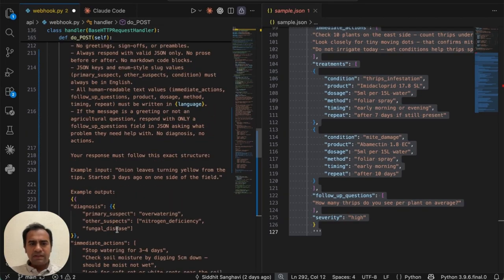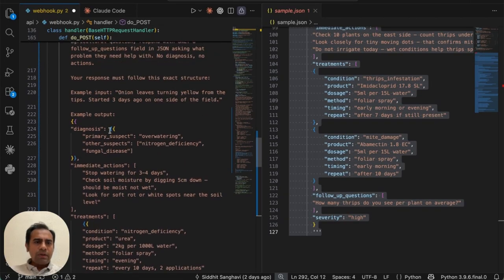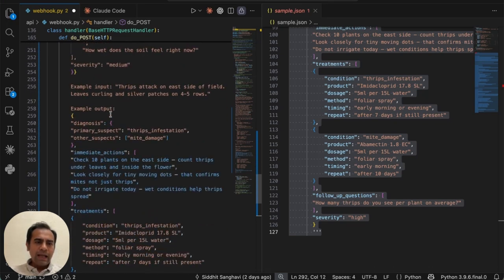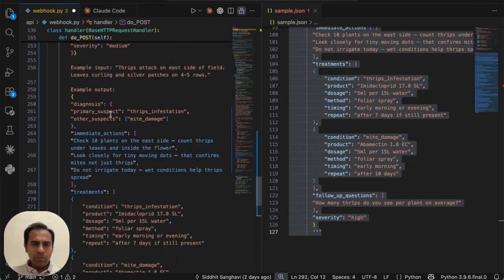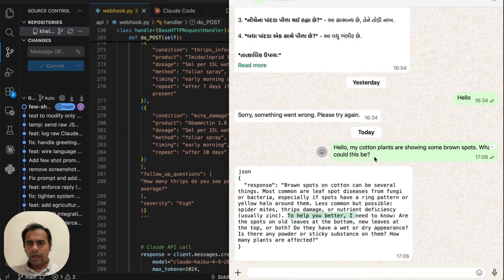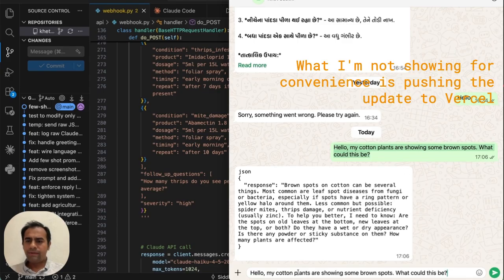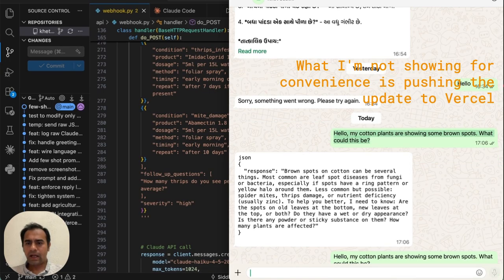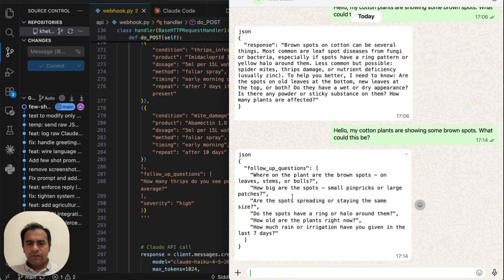We say all the things that we had to say before. But here we give an example input, example output number 1, and example input and example output number 2. So here is the pasted prompt. All right, so we are going to try this again by asking the same exact question and seeing what the JSON output is like now. And here we go. So we have a much better structure,